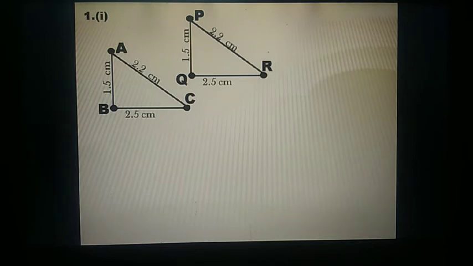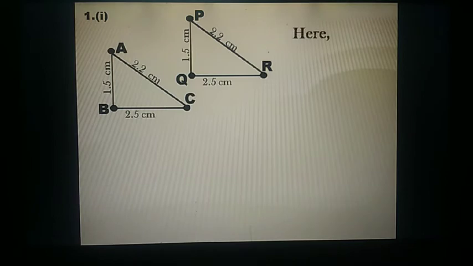So the first one, the two triangles given to you are ABC and PQR. As we are supposed to use the SSS congruence rule, we will compare all the three sides one by one to the corresponding sides. So here we can see